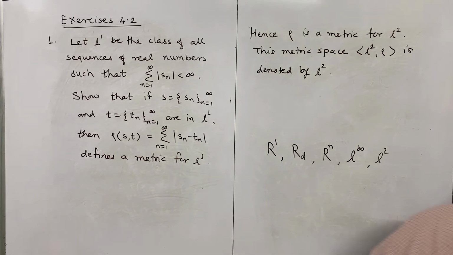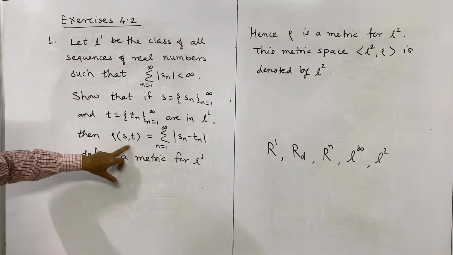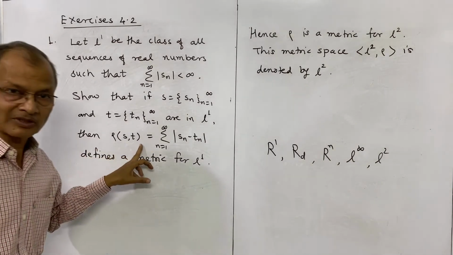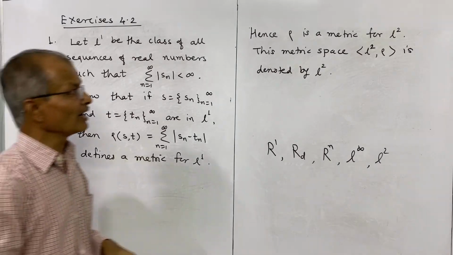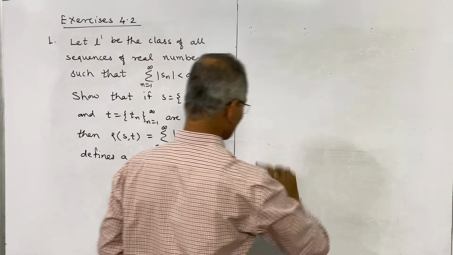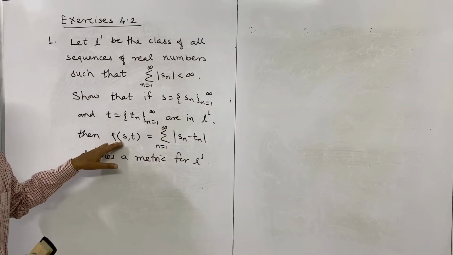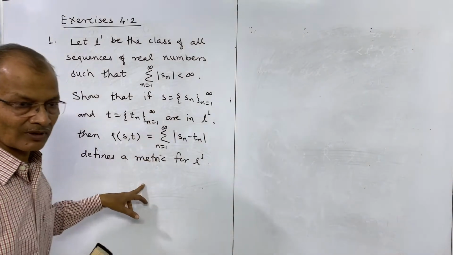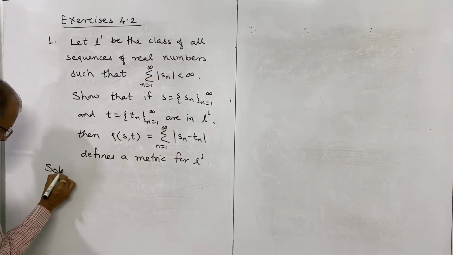Now it is not difficult to solve it. This is the function defined, and we have to show this function is a metric, meaning it satisfies the 4 properties required for a metric. I will verify them one by one, and the first 3 are easy in every metric. Only what is important is the triangle inequality. So the solution for the problem is,